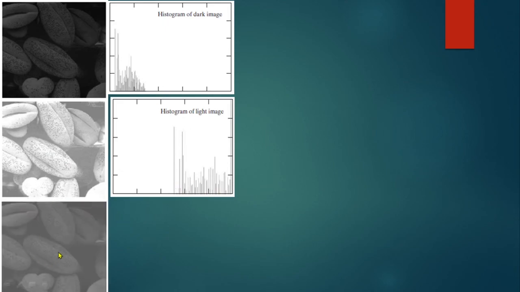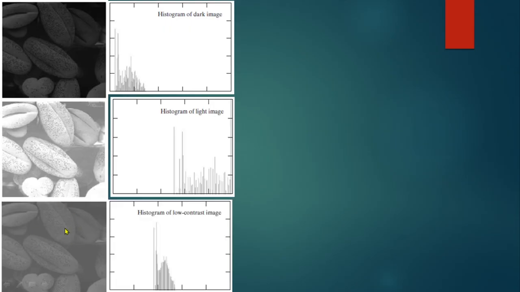If we take another example, these have medium intensity levels, and almost all the pixels are occupied at these medium intensity levels. These are the histograms of these input images. This is the dark image. This dark image occupies the low intensity levels, and this bright image occupies the high intensity levels. This image is a low contrast image with medium intensity levels.